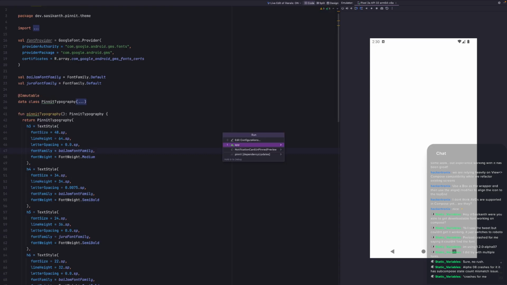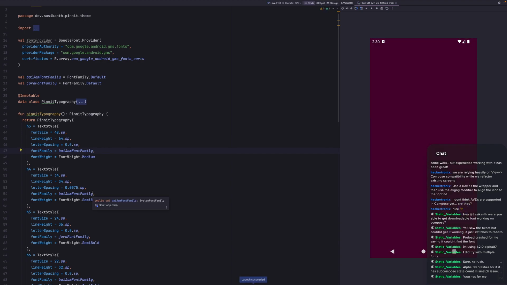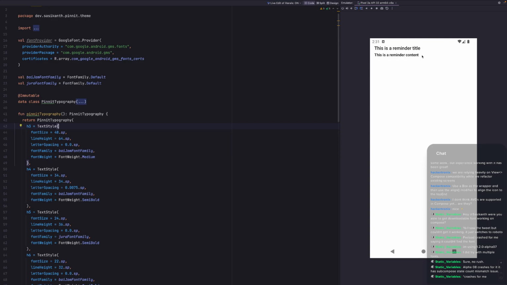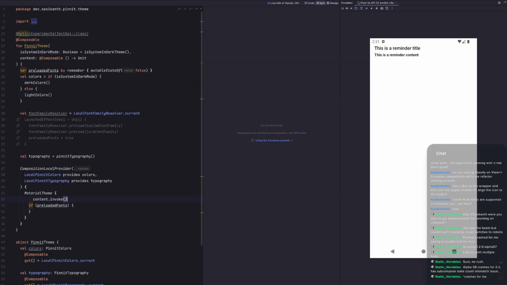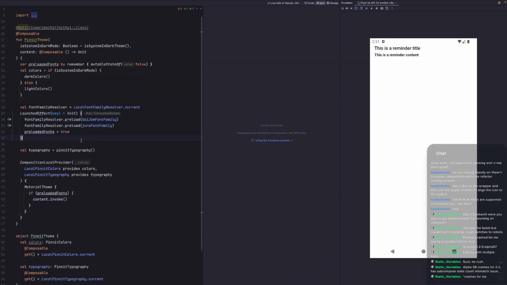So if I'm not preloading the themes, it defaults back to Roboto typography. So it is working for me. I'm not entirely sure what the reason is on your end, but yeah,